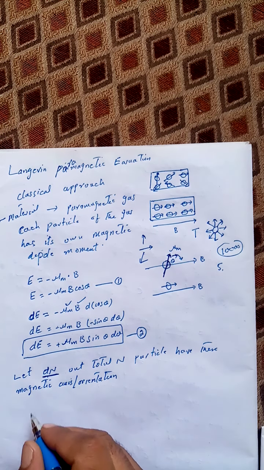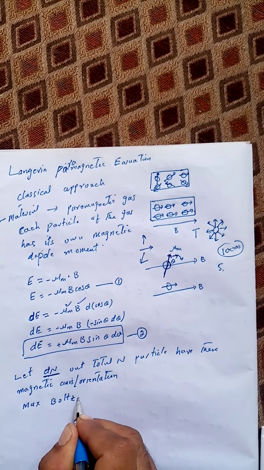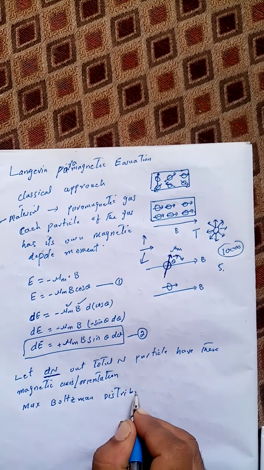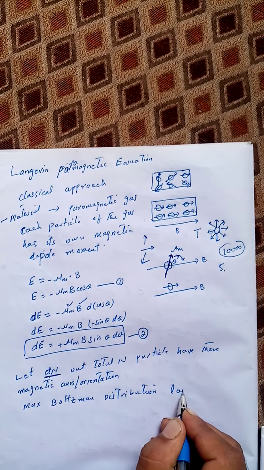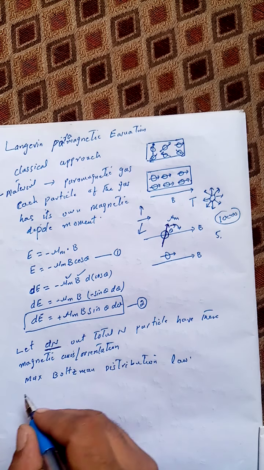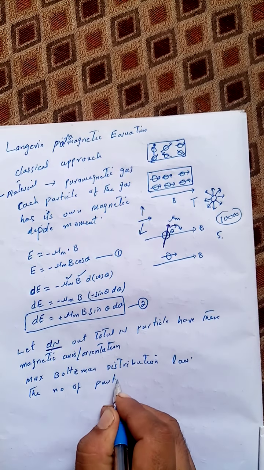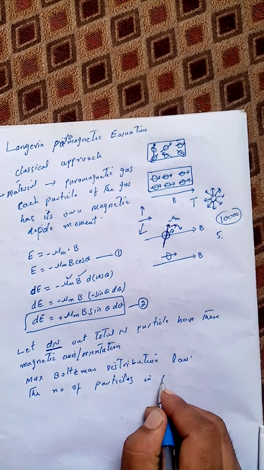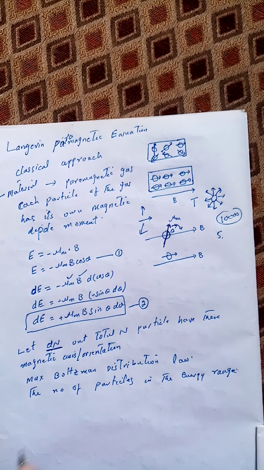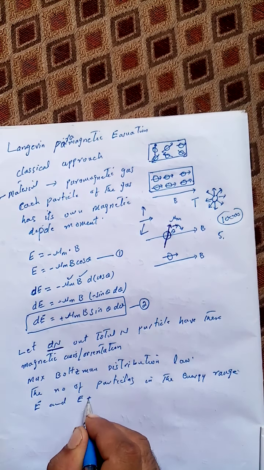Then according to the Maxwell Boltzmann distribution law, which says that the number of particles in the energy range, the range being E and E plus dE,